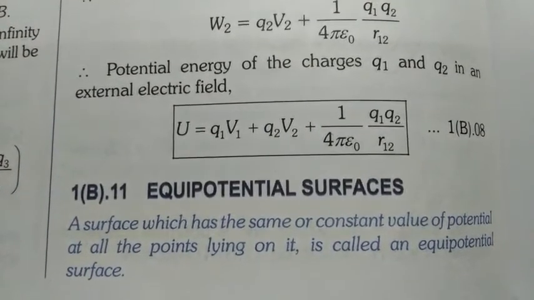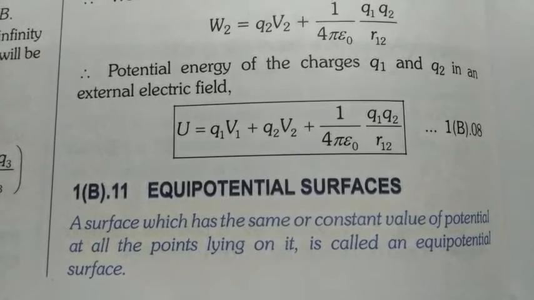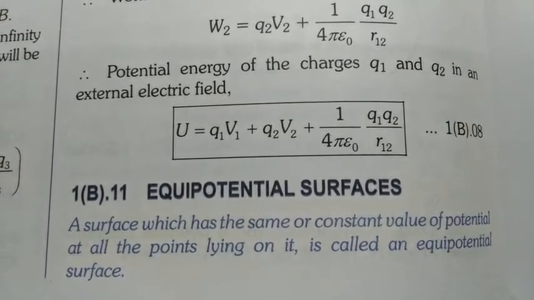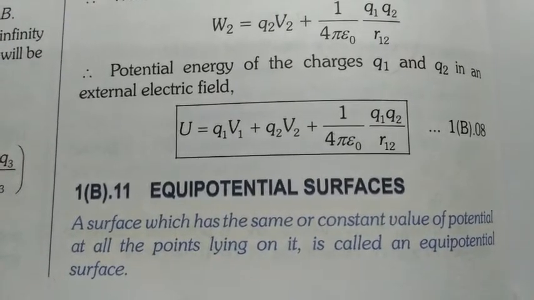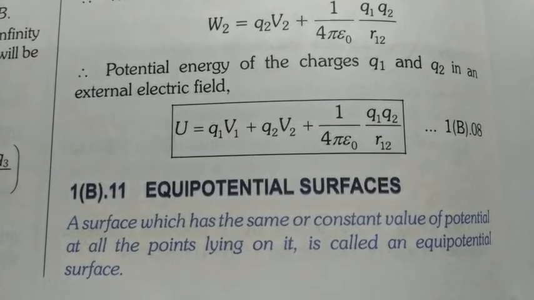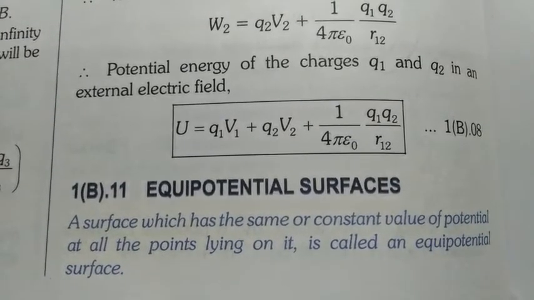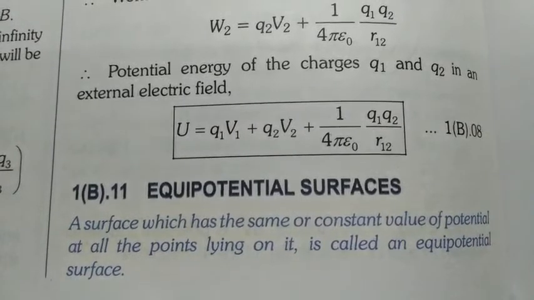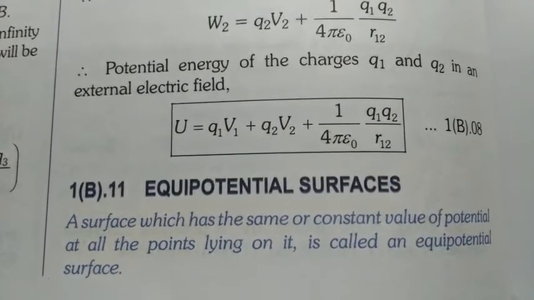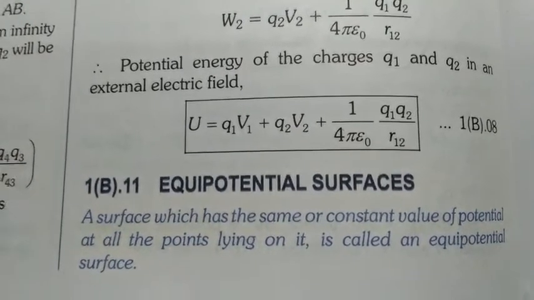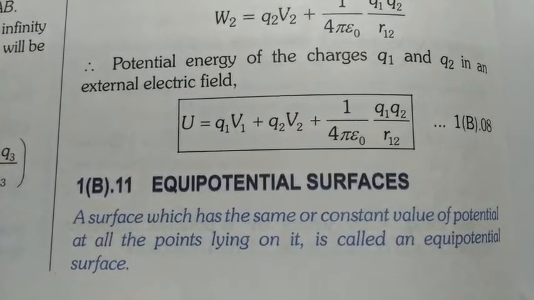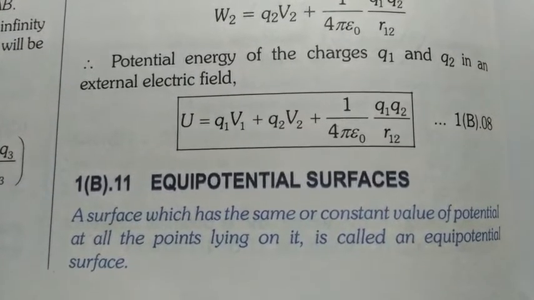Now you can tell me, when we want to move any charged particle from one point to another on an equipotential surface, will we have to do any work? No, we don't have to do any work. Why? Because the potential is the same everywhere, so there is no potential difference and hence we don't have to do any work there. This we have understood by theory. Now let's prove it by some mathematical formulas and concepts.